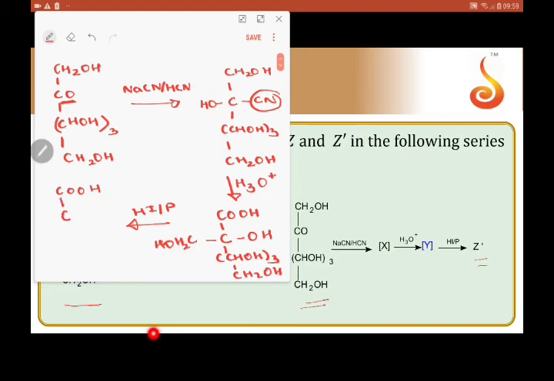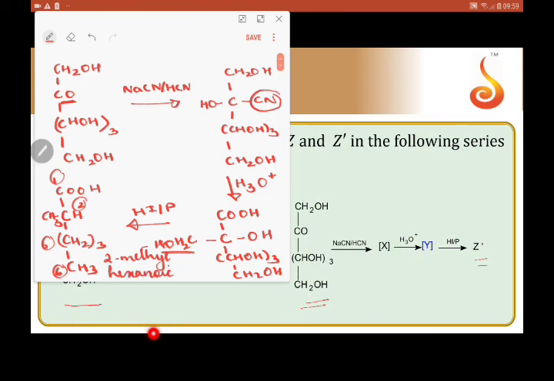Here we have a carbon, and to this carbon there is one methyl group attached. This CH2OH becomes a methyl. We have one hydrogen here. The rest of the compound is converted into hydrocarbon alkyl groups. So we get it like this. This compound has 1, 2, 3, 4, 5 and 6 carbons in the parent chain, and on the second carbon it has a methyl substituent. So this compound's name is 2-methyl hexanoic acid.